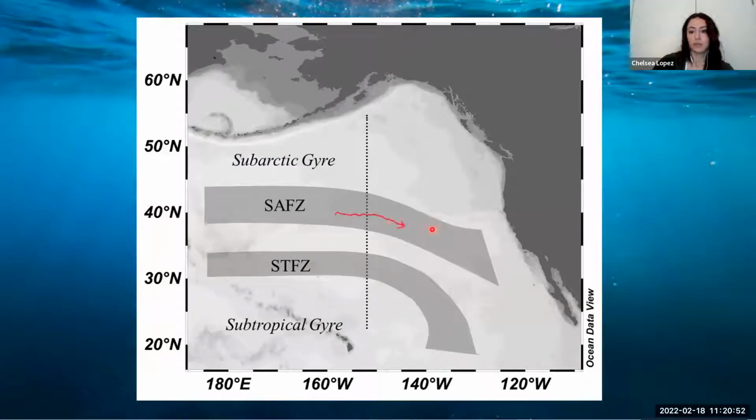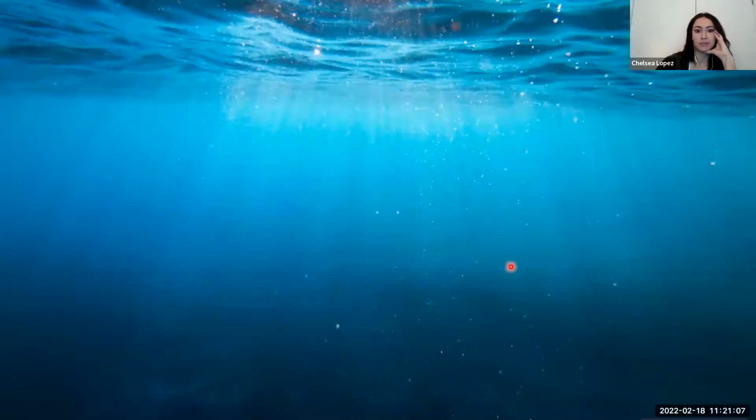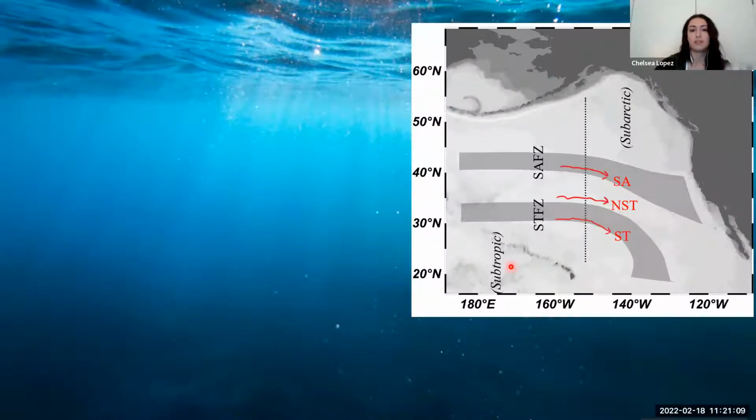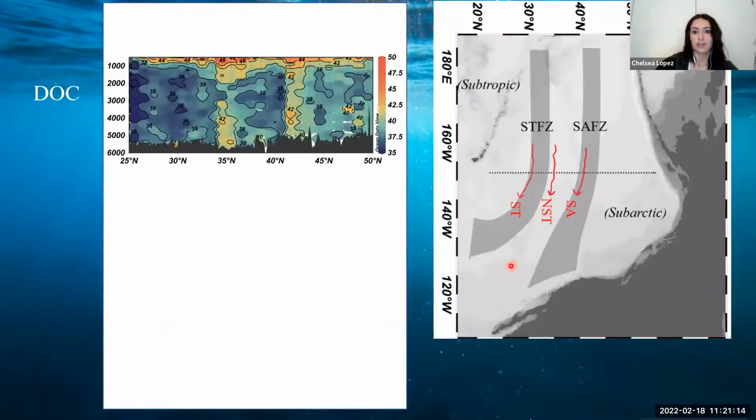So here's what those fronts would look like passing through. I'm going to focus on these three because they are the largest ones. They are the ones that seem to be impacting the biogeochemistry of these areas. To make this easier for you to look at, I'm going to flip this. Okay, so this lines up with the profile. You've got 25 degrees north on this side, 50 degrees north on this side, and then your sections pass through here. First is the dissolved organic carbon (DOC) profile.